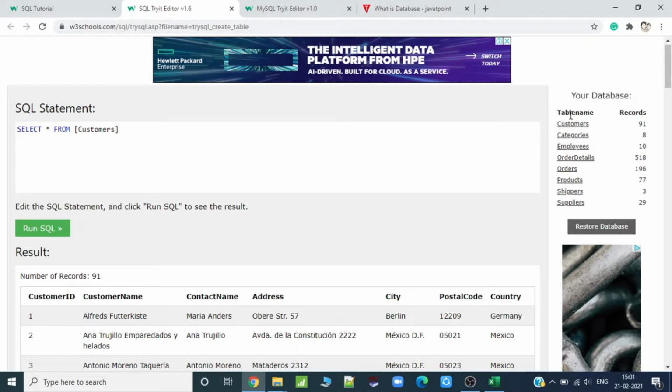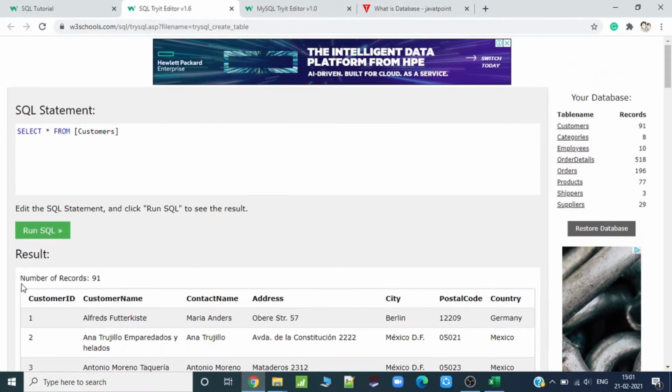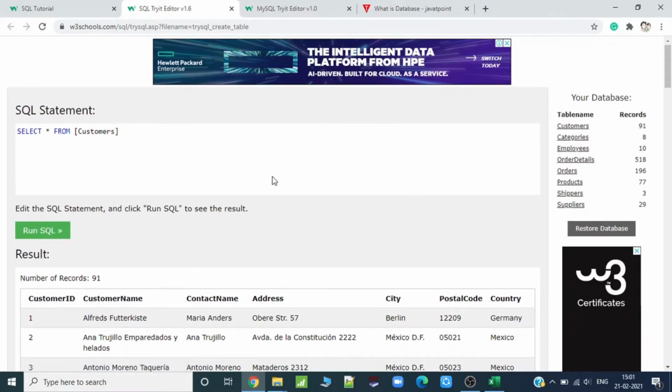So if I go to the basic definition, here you can see I have a database in which there are different tables: customers, categories, employees, order details, orders, products, shippers, and suppliers. And in just one query, I can extract all the different data in one output only. How are we going to do that? We will see it in five or ten minutes. But let's first understand what these tables do, and what MySQL and SQL mean.